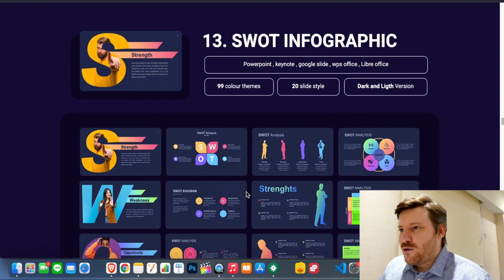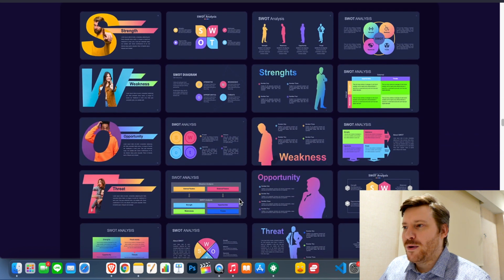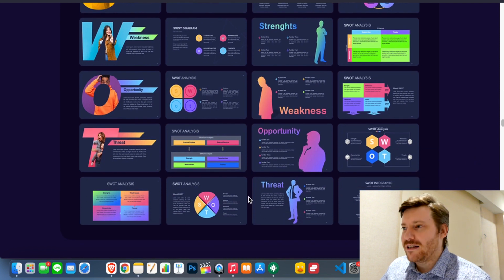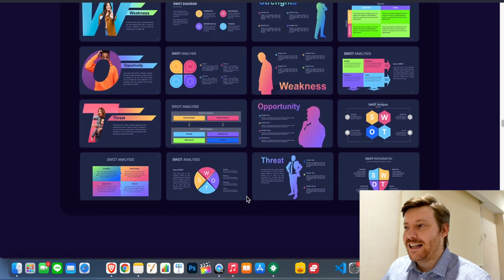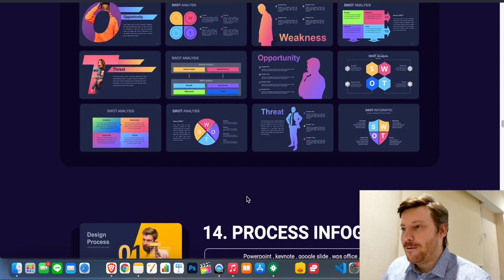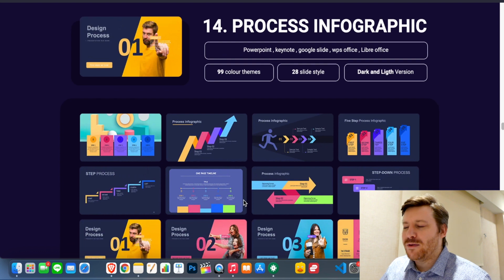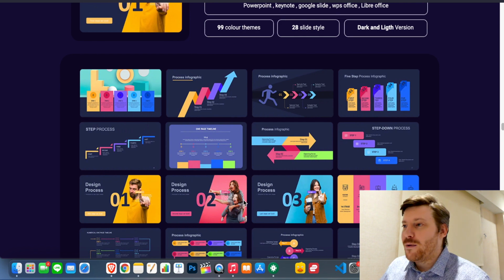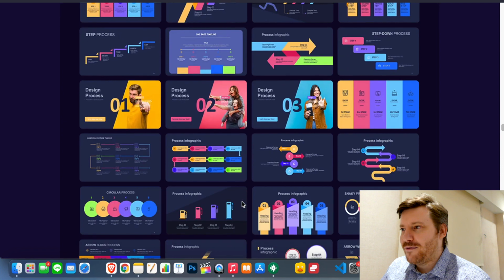We also have infographics. So this is a big one. If you're on Pinterest, if you are putting out content on social media, infographics convert really, really well, and there's a bunch of templates here you can use for that as well, and keep a lot of consistency in the content that you put out. Consistency is really important because people see a certain kind of color scheme, a certain style, and they know it comes from you. So some more infographics here: process infographics,